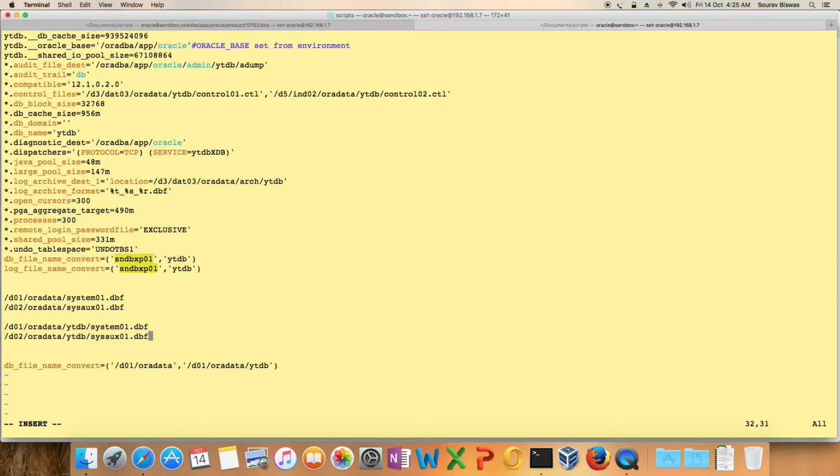If you're expecting this to happen for this 02 data file, this is not going to work at all. For that, there's a new parameter that comes,